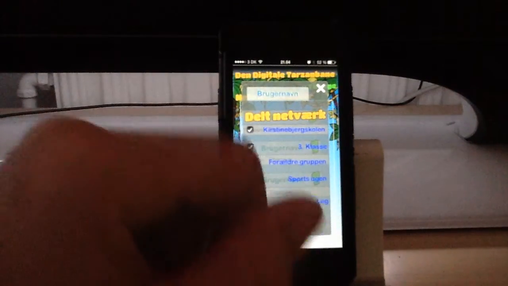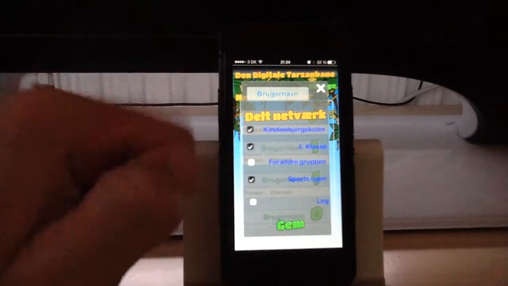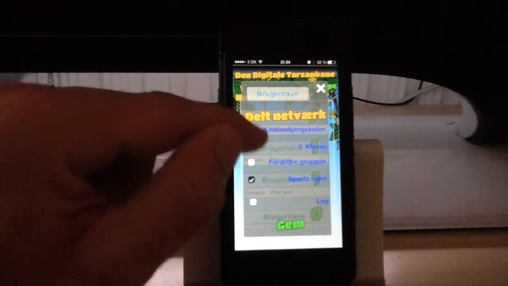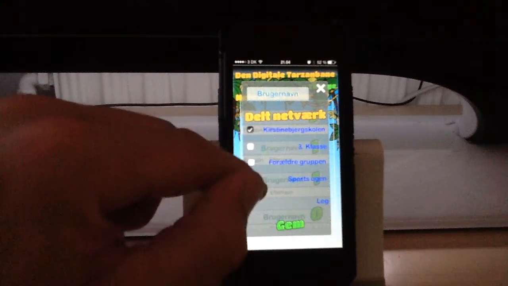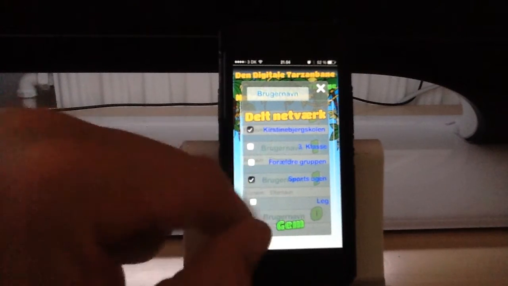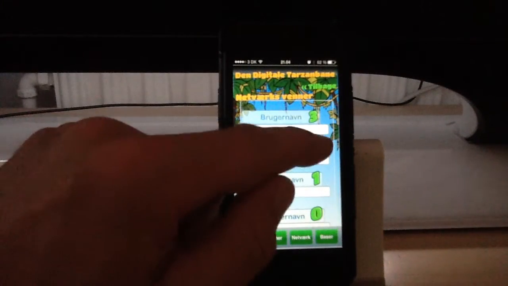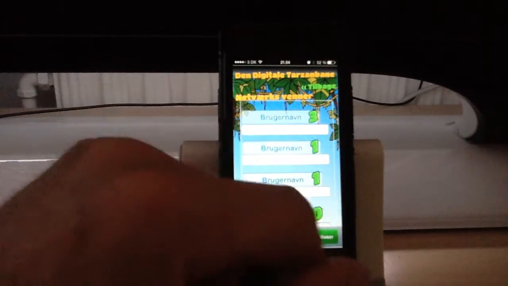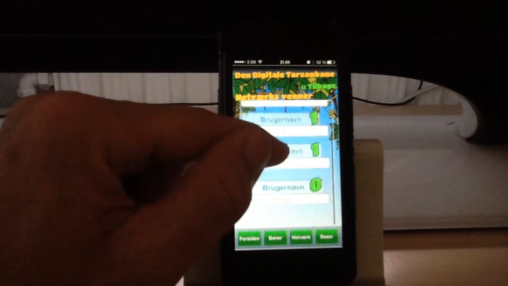In here you can actually push this button right here, username, and this box will open up. In this box you will be able to decide, I don't want to share this network folder with this person anymore, so I'm just going to untap this and untap that. Or I think okay, one network folder would be okay with this friend, so I'm just going to save, and now there would be a number 1 right here. I know it's number 3, but that's because it's just an example uploading web app, this one. So yeah,